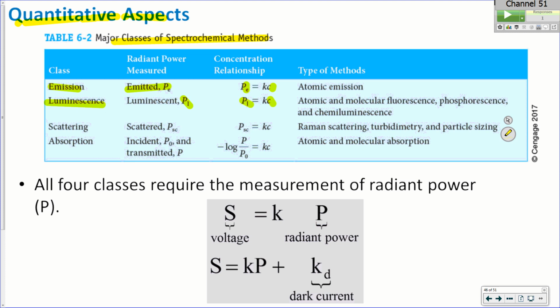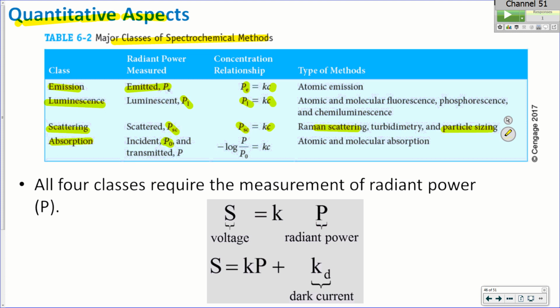That's one of the reasons I wanted y'all to see how we could modify that signal to make it a linear response, from our lab data with our electronics lab. The one we won't talk about very much, but has some purpose, is scattering. You can look at the power of scattered light, and it's proportional, so that's used in things like Raman and particle size analysis. Those are a little more specialty, but the big one we'll use is absorption.